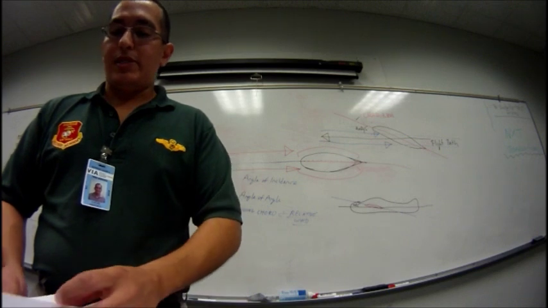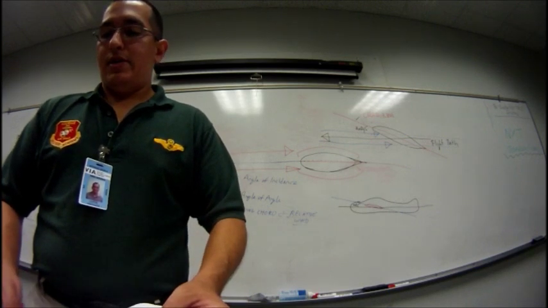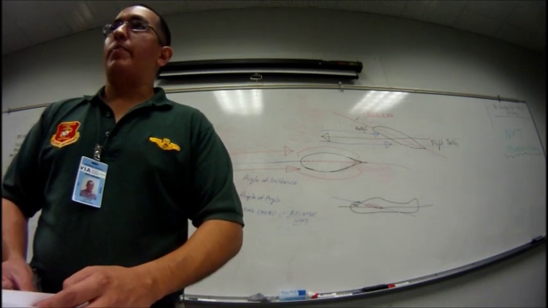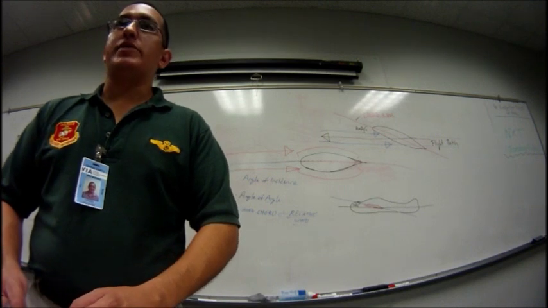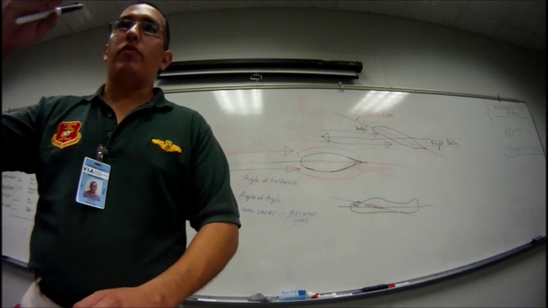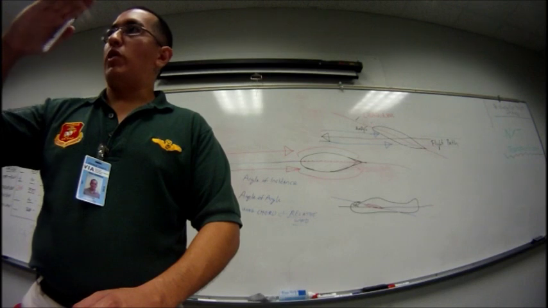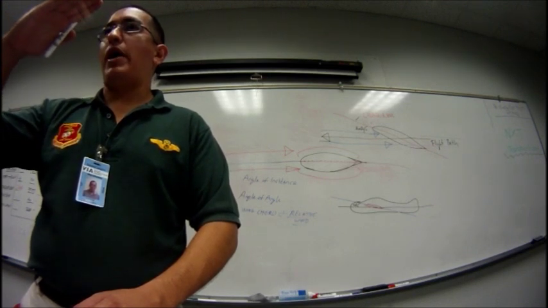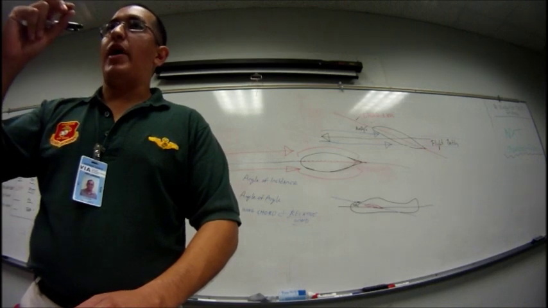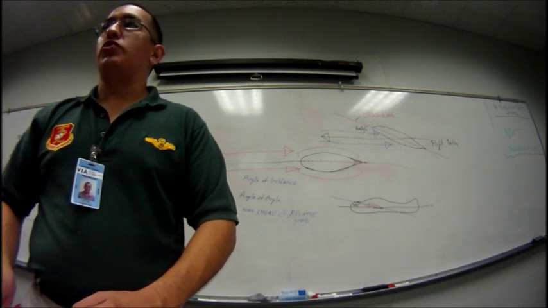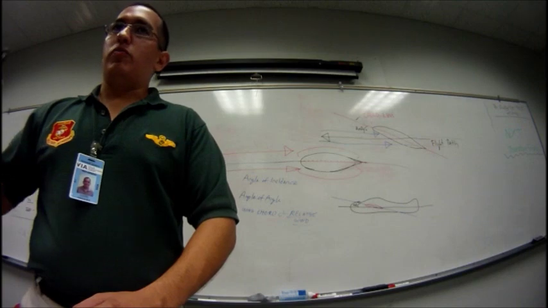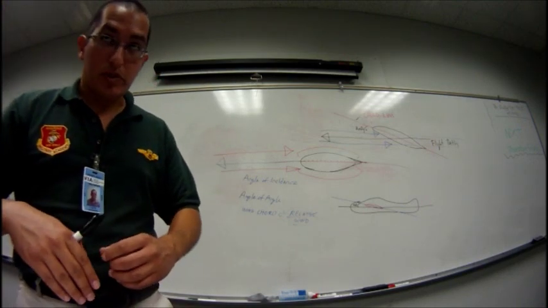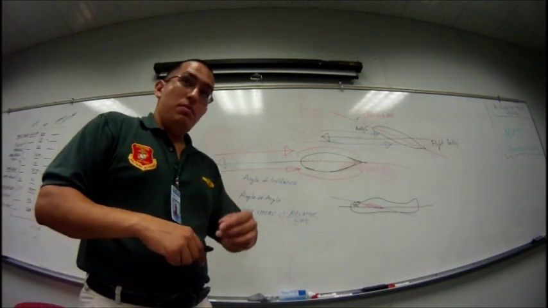Okay, so that being said, y'all can probably get a better understanding of why you have the angle of incidence, or why they'll make the chord line a little bit higher, putting a little bit of angle between your chord line and the longitudinal axis of your aircraft. So when you're rolling, trying to get up to takeoff speed,